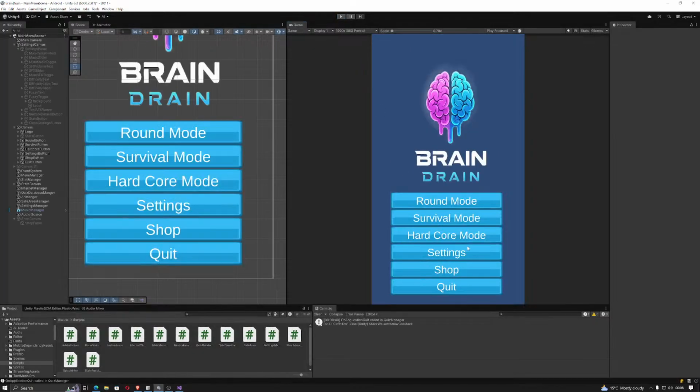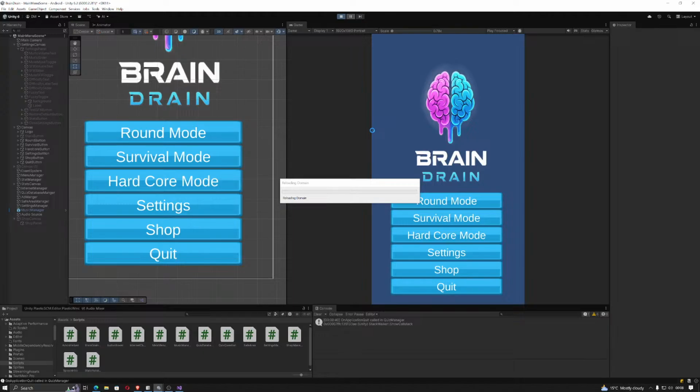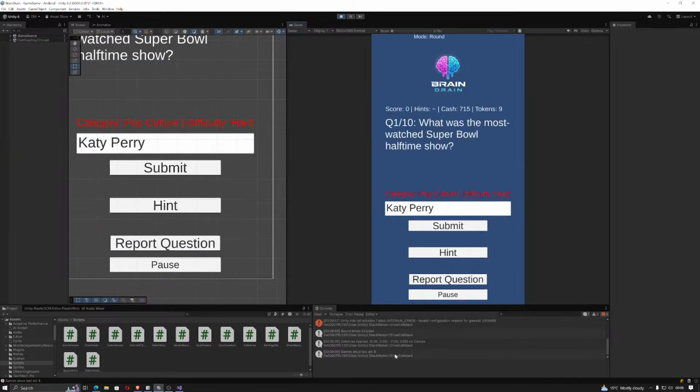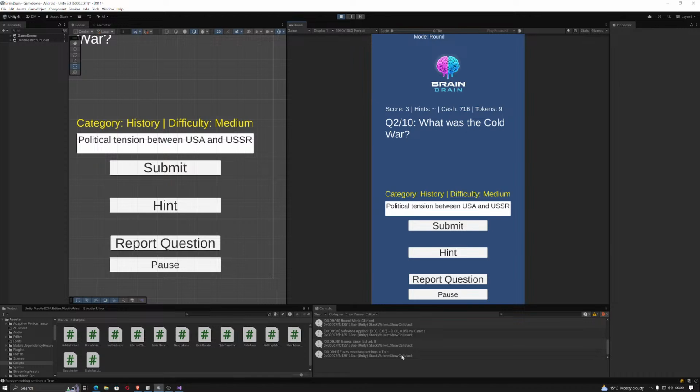Okay, so download. Download. Okay. Submit. So fuzzy matching is set to true. But if the default was 0,